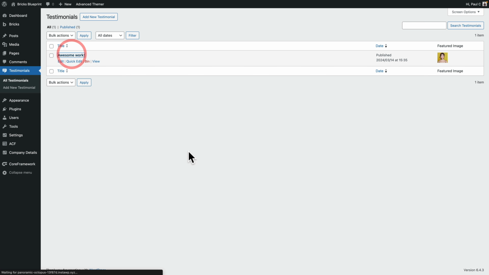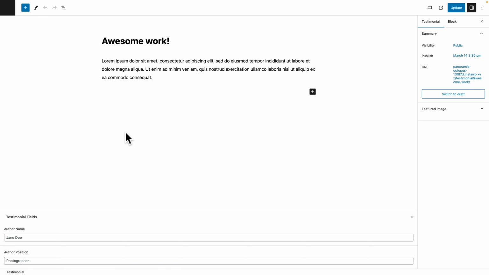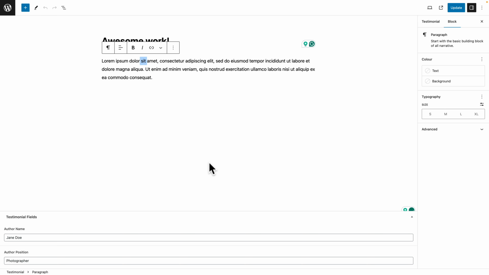So if we open this one, you can see we've got some basic standard content that we use as part of normal WordPress. So you've got the title, the content, the featured image, and so on. We've also got some additional fields underneath for the author name and also the author position. But this, again, can be expanded to whatever you want. So all we're realistically doing is we're creating a couple of additional fields and tagging those to a custom post